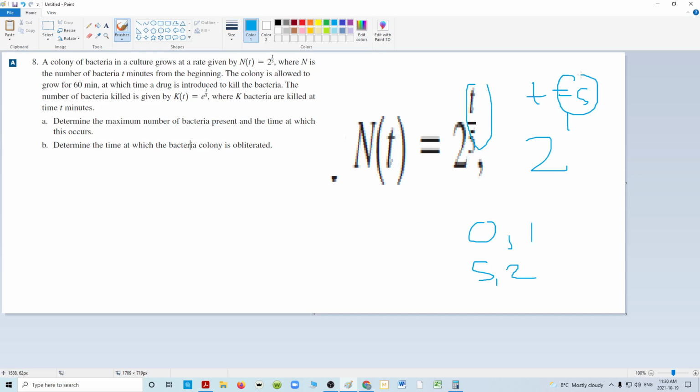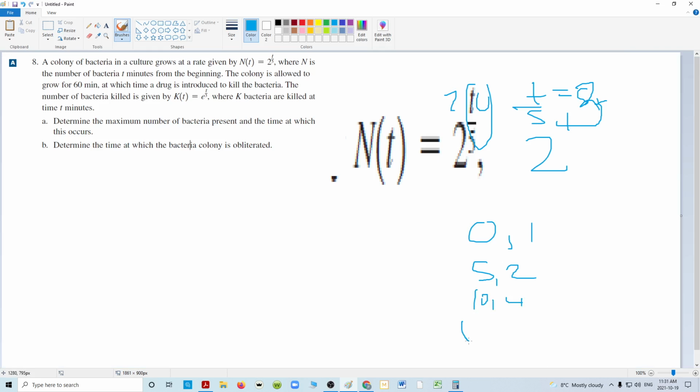When will the next period of doubling be? Well, looks like it's going to be every 5 years. So when will this exponent reach 2? Well, when t over 5 is equal to 2, bring the 5 up, 10. Sure enough, when I put 10 in here, 10 over 5 is 2. 2 to the 2 is 4. So in year 10, it doubles. It's quite obvious that every 5 years,